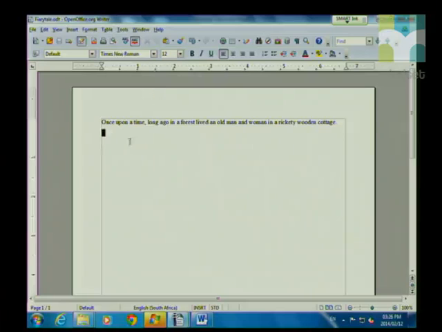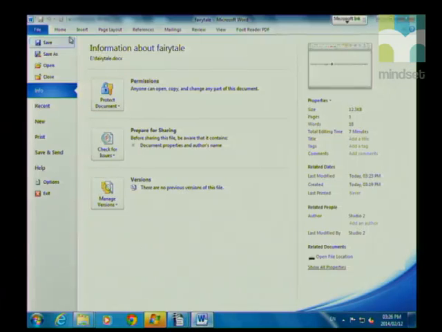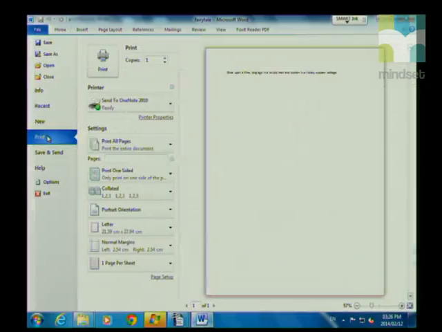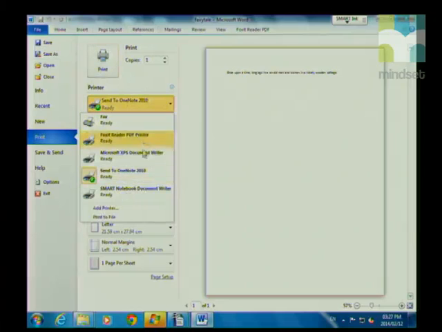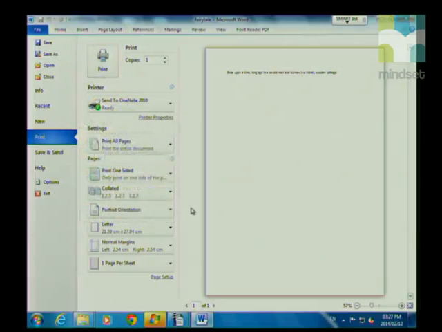To print a document once you have typed it is fairly simple. Once again, we're going to go to the File tab and we are going to choose Print. When you choose Print, automatically on the right-hand side, if you have a look, it shows you a print preview of the document. And then in the print dialog box, you have a choice to choose which printer you want to send it to, how many pages you want to print,